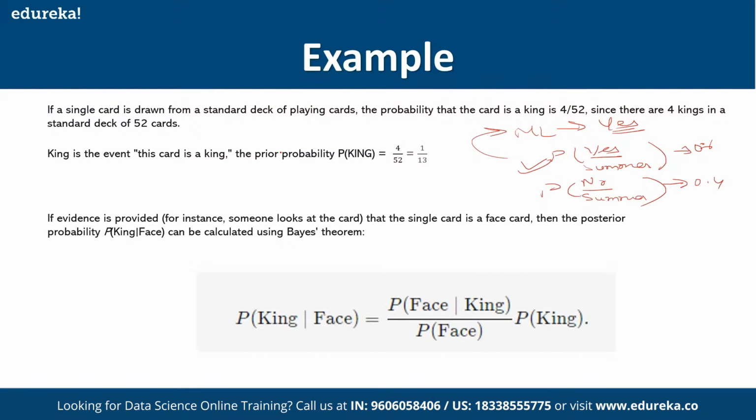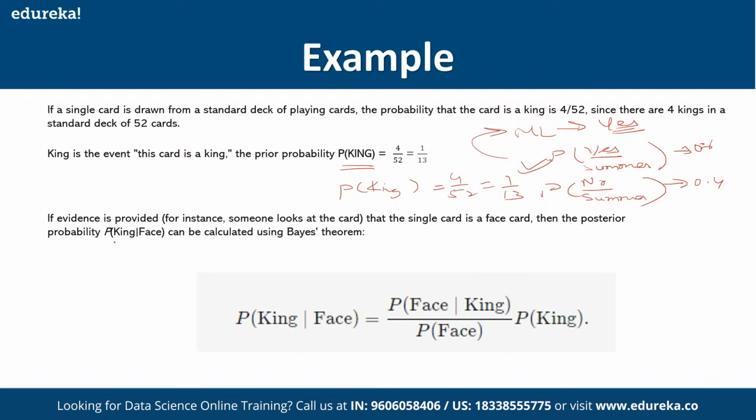Let us also do one more calculation. What is the probability of you finding a king in a deck of cards? It is 4 by 52, which is equal to 1 by 13. So this is the probability that you will find a king in a deck of cards: 4 by 52 or 1 by 13. Okay. Similarly, I ask you now